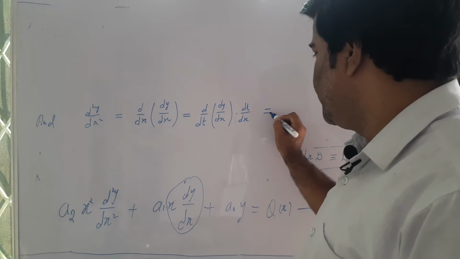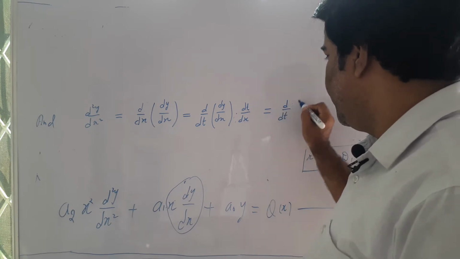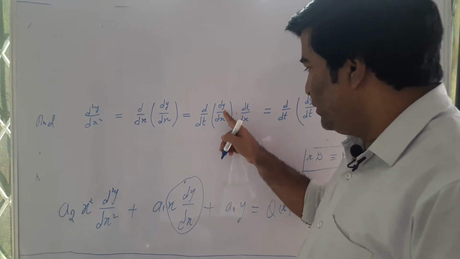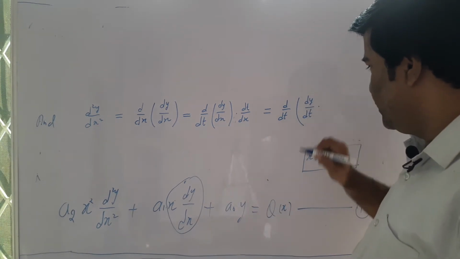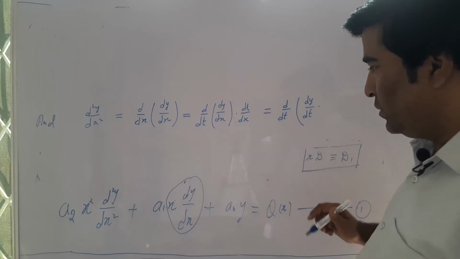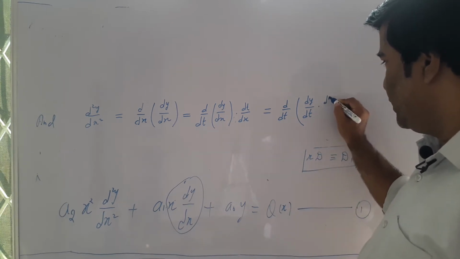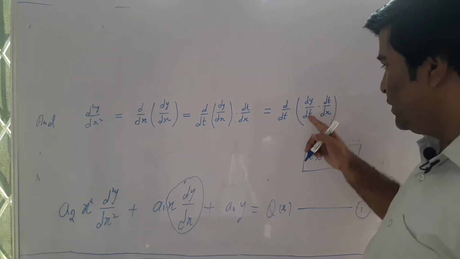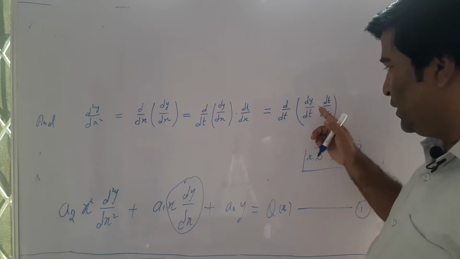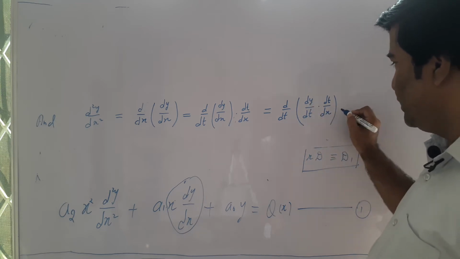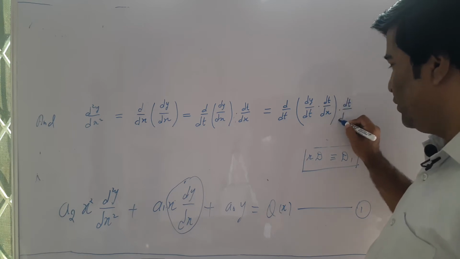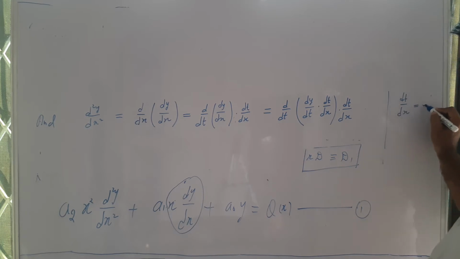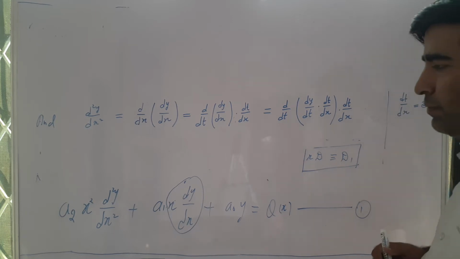So here this is d over dt and dy over dt. Here we change the independent variable t. So here we have dt over dx, using the chain rule. Okay, dt cancels out, roughly we can say dy over dx is dy over dt into dt over dx. What do we have? dt over dx is equal to e to the power minus t. Clear?